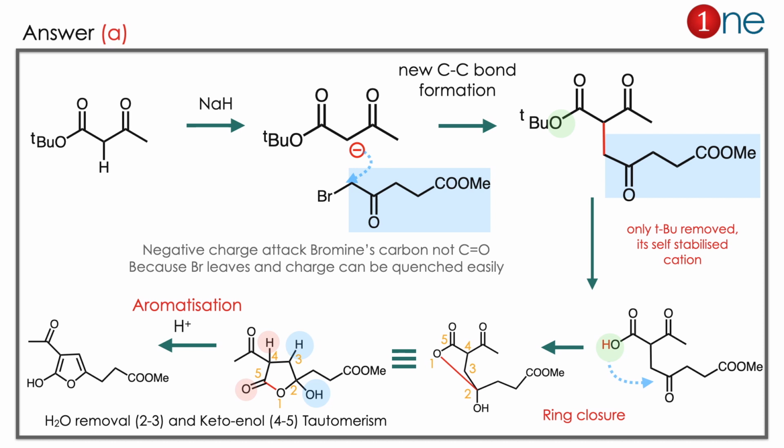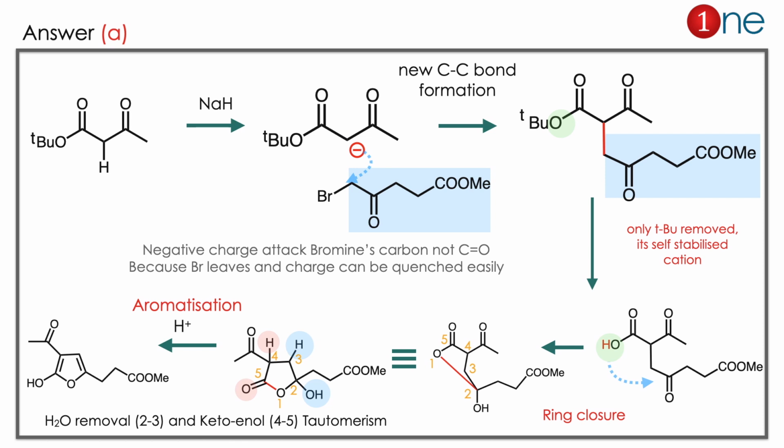Then the next step you are using the hydrolysis. What really happened in hydrolysis? Only the tertiary butyl ester group is converted into alcohol, not the ester group on the right hand. Why? Because the tertiary butyl group is a self-stabilized group, so it leaves easily when compared to the other COOMe. So alcohol will be there. So you have many functional groups, so obviously think of cyclization. You have alcohol and ketone in the same compound. So the attack of the nucleophilic carbon will be there. So attack will be there.